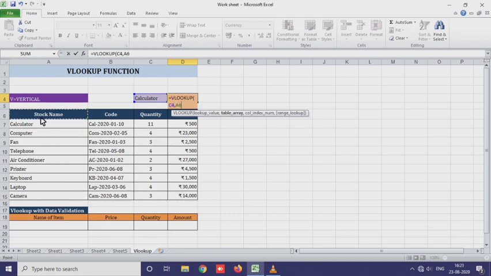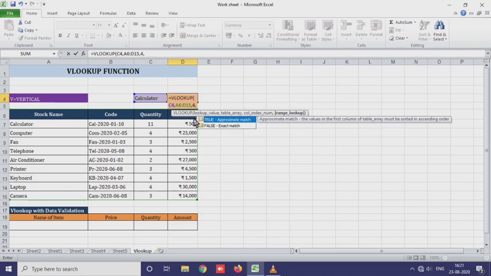So in this table find this calculator, comma. Next it asks which index you want. I want this price column, with respect to this red colored line. This is first, second, third and fourth column, so I will type the value as 4,